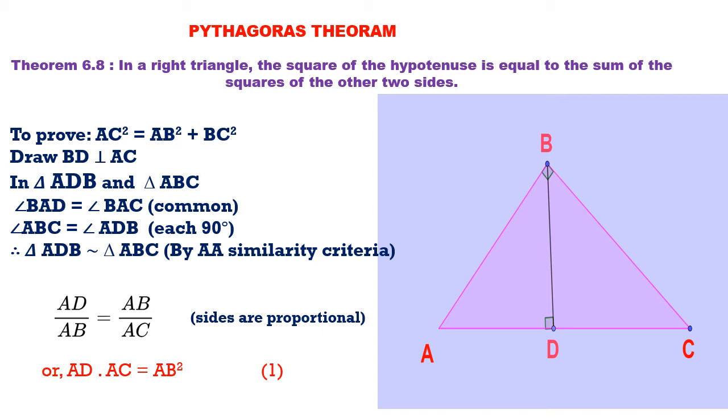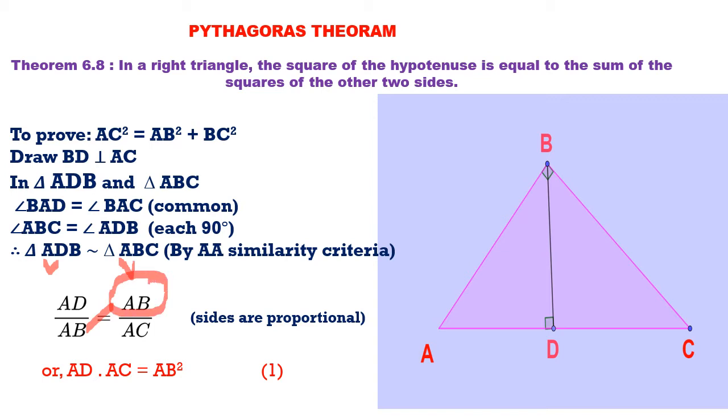From here you take the first two letters AD, and that will be the numerator. This corresponds to the AB side in the bigger triangle, so both are corresponding sides. Take the ratio. Similarly, after writing AD upon AB, you want AB again. Why? I told you that you are going to cross multiply them, so prior to that you write AB here.